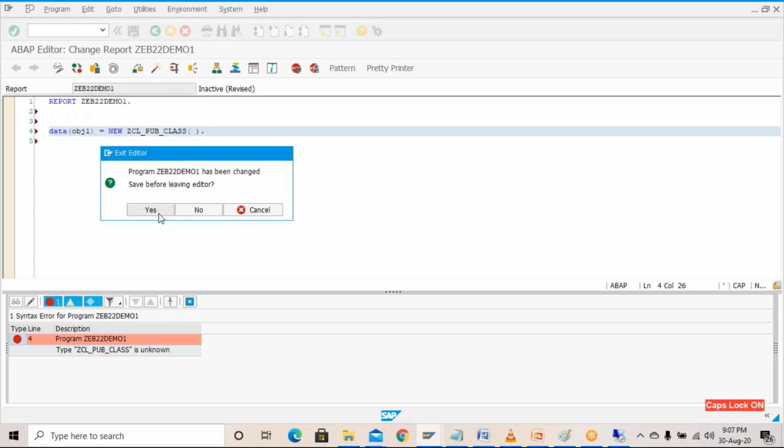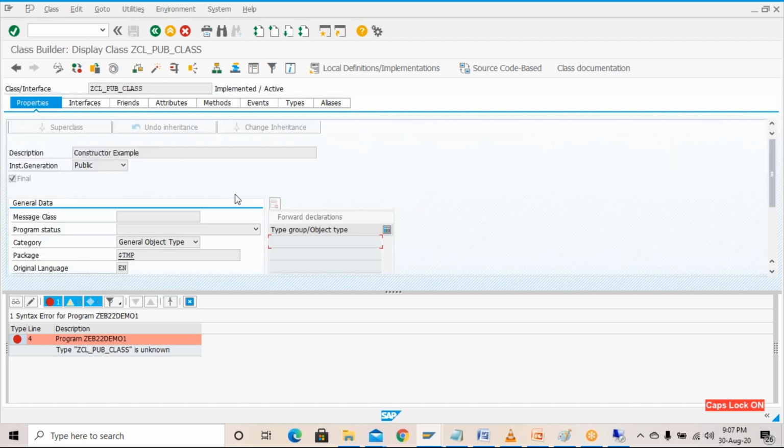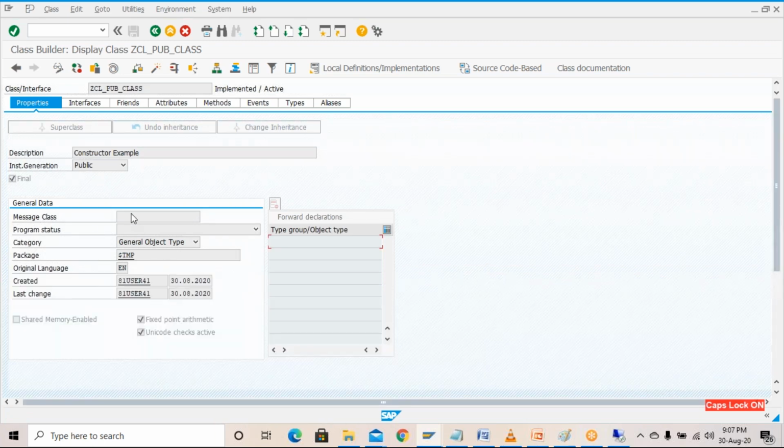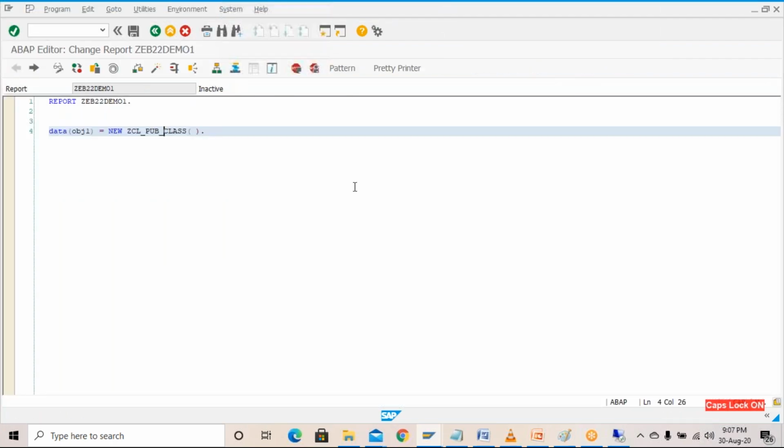Has been changed. Click on this yes button. It's coming over here. This is also public, this is also instance. That's okay. Properties, constructor example public, final, this is fine. What is the problem? Let me do one thing, because I'm not passing any constructor value or something like that. That may be the problem. What I will do,